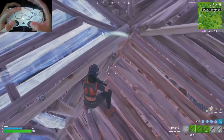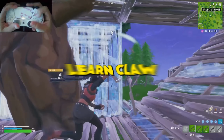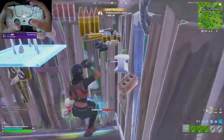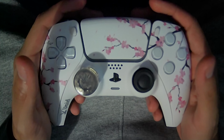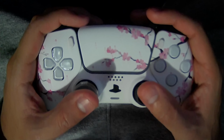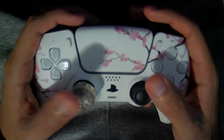For tip 3, now that you guys know all the tips to play claw, it's time to finally learn claw. Listen closely because some parts may be confusing, but I'll be explaining it as easy as I can. Alright, now I'm going to be showing you guys how I play claw, and to let you guys know, I do play double claw. So the first step in order to learn claw is how to grip your controller,